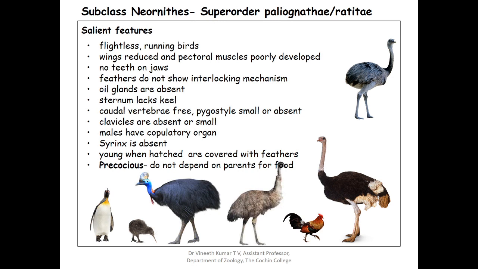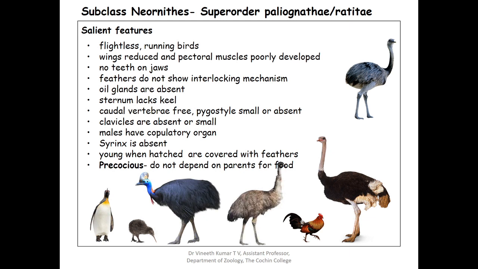And in this session we are going to see the second subclass of class Aves, which is Neornithes. And we earlier said that this is divided into two superorders, Paleognathae and Neognathae. So first we are going to see subclass Neornithes, which includes the present day birds. In the first session we'll be discussing the first division coming under Neornithes, which